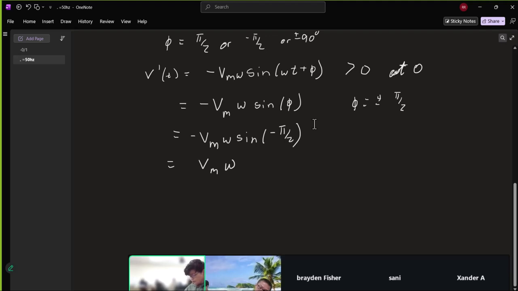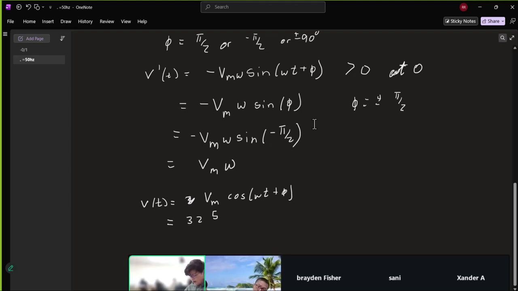So we would write this as V of t equals, write it like this first, Vm cosine omega t plus phi, and so that would be